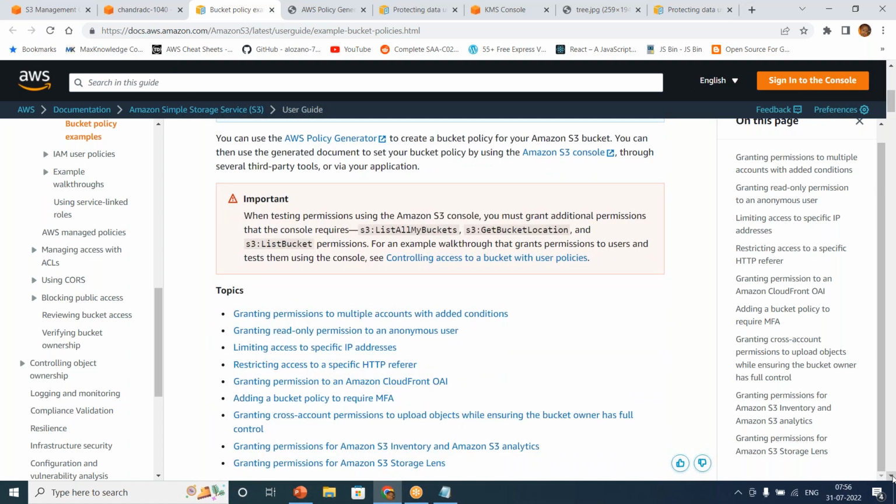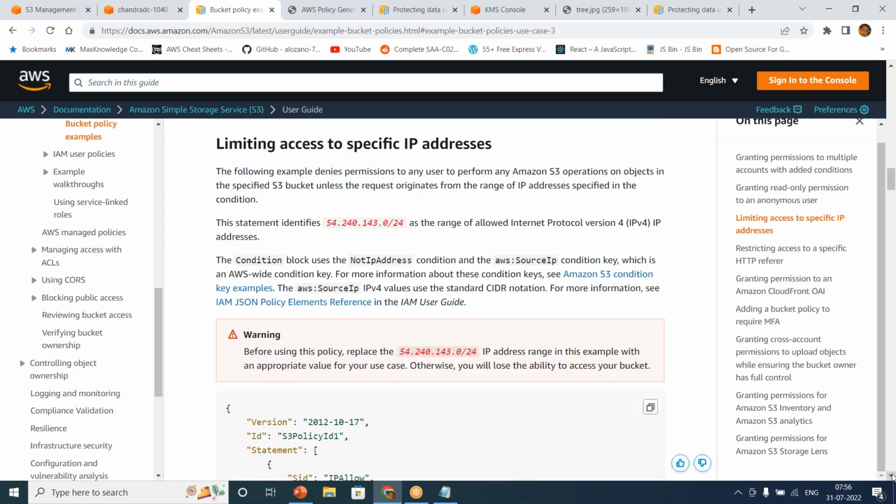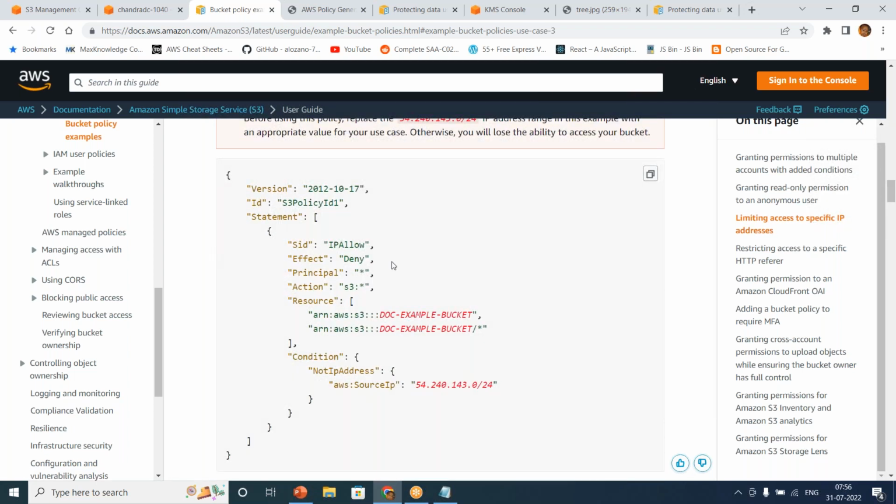Okay. So you can put some conditions. Suppose you can limit access only to a specific IP address. So this is the bucket policy to limit to a specific IP address. Deny s3:* for this resource, with condition NotIpAddress. That means if the source IP is not within this range, then please deny. That's what we say, right? So this is the policy. So anybody with this IP